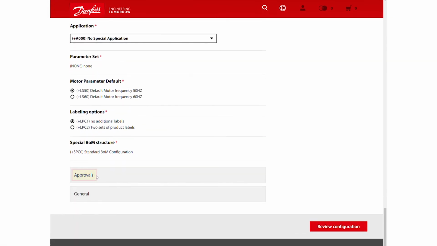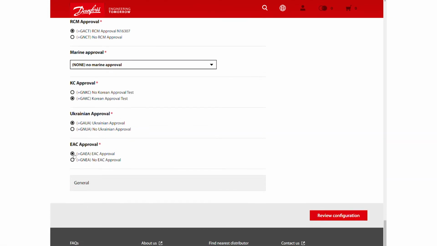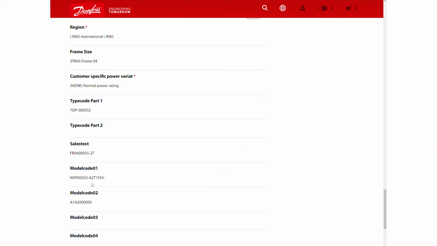Proceeding to the Approvals group, we find all attributes pre-selected with standard global settings, so we can go to check the General group. Here we find only 2 configuration attributes. Those are marked with double asterisks, the rest are read-only informational attributes. Both configuration attributes are settled by deduction, so there are no further settings to be made.